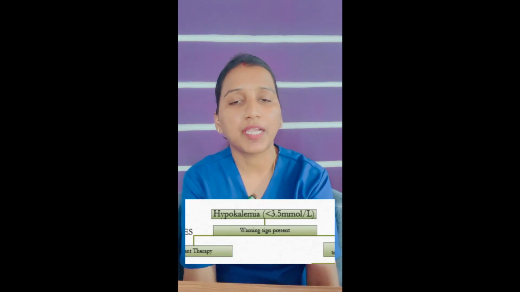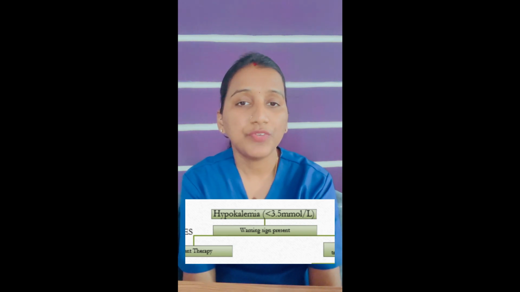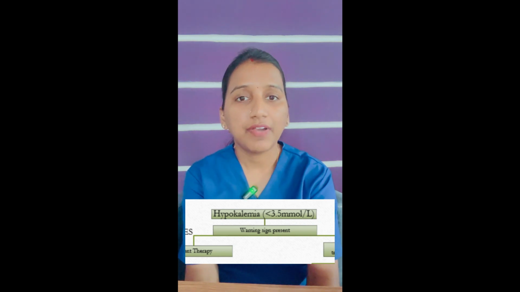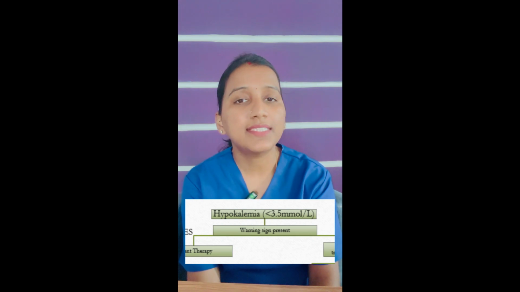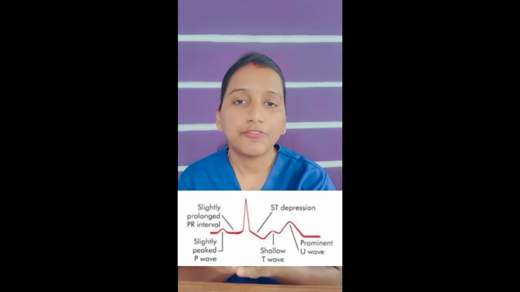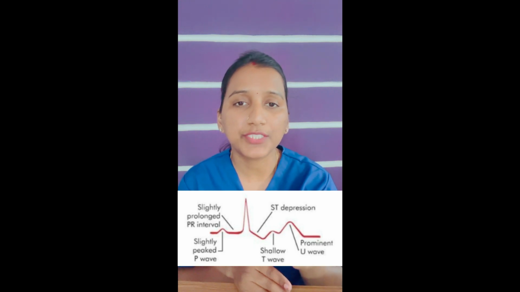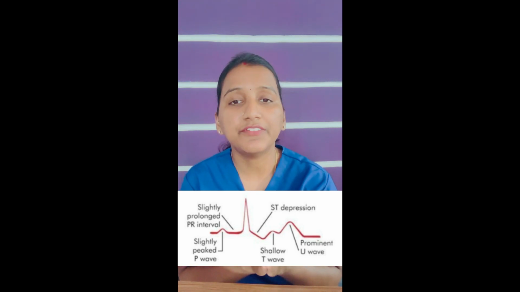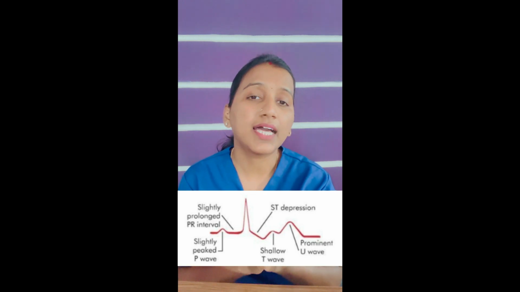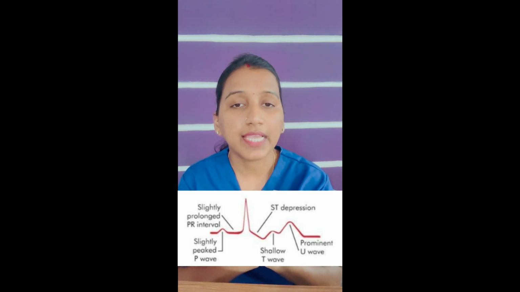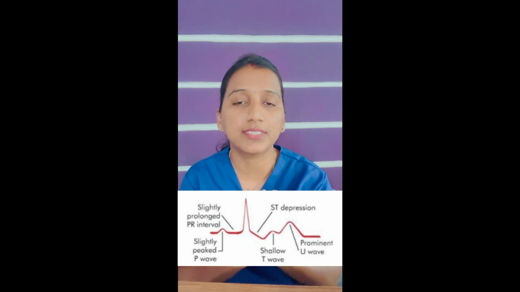Evaluation in the emergency department begins with looking for symptoms and warning signs which warrant urgent treatment, wherein we look for weakness, palpitation and changes in ECG. So let's see the ECG changes in hypokalemia. The first ECG manifestation is decreased T wave amplitude, which can further progress to ST segment depression, T wave inversions, PR interval prolongation and U wave. Arrhythmias that are associated with hypokalemia include sinus bradycardia, ventricular fibrillation, ventricular tachycardia and torsades de pointes.